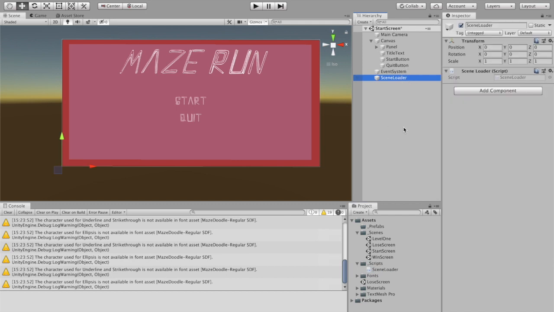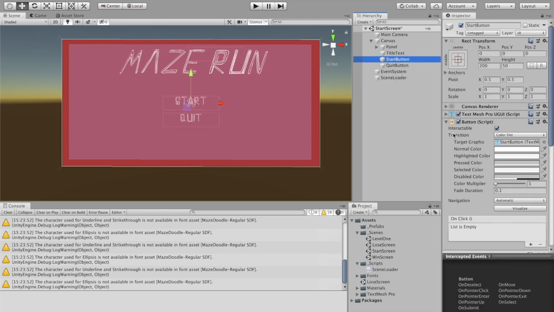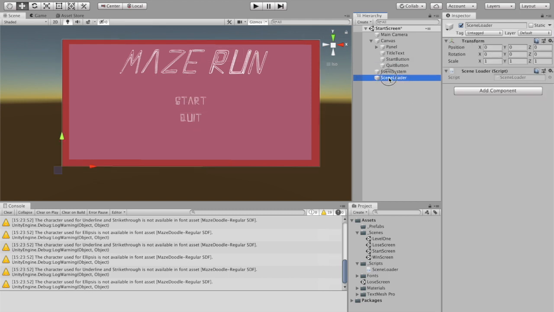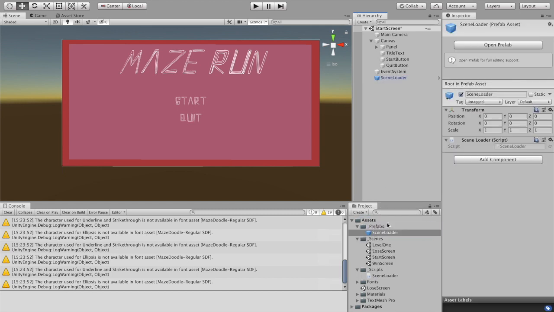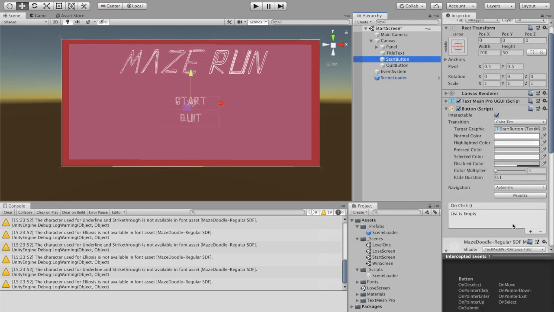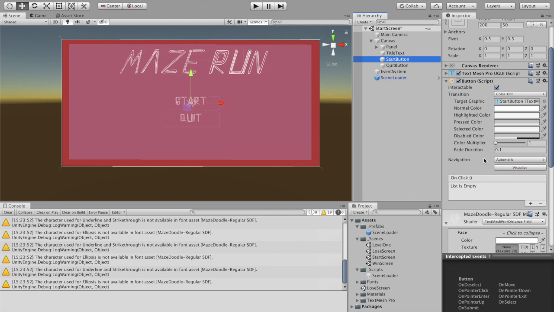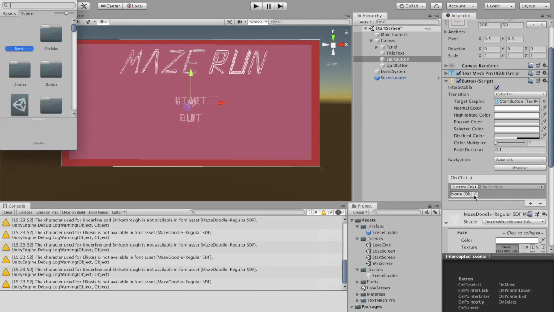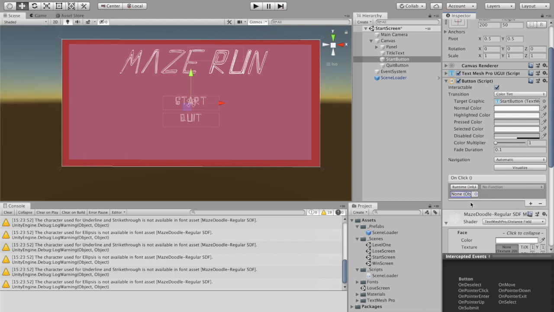So we have our scene loader, which has our scene loader script, and we need to add some things to our button. So let's prefab our scene loader, because we know we're going to be using that, and now I have a blue block next to that. And on our start button, in the button script, we need to be able to use those methods that we've created. So if I grab from my prefab and drop it right there,